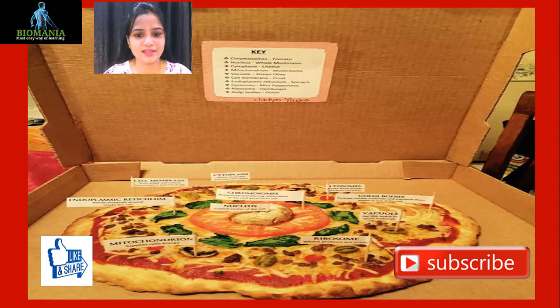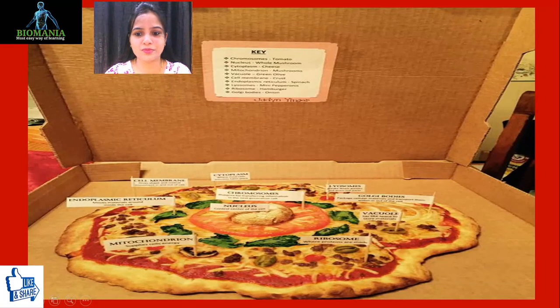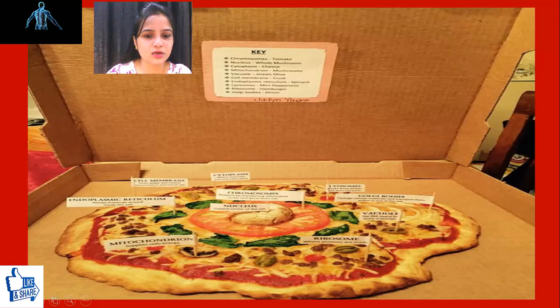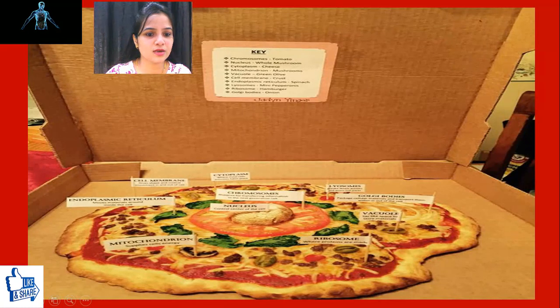You can see here that this is a pizza which is having a structure like cell. Here you can see a big mushroom piece just like nucleus, around it the tomato, and here is the mitochondria, that is also mushroom pieces. Vacuole is there, Golgi bodies, they have made onions like Golgi bodies, and small particles, I don't know what is that, but it is ribosome, and I think it contains all parts of the cells. You can say all the cell organelles they contain. Cytoplasm is also there, and they have made the cell membrane with the pizza sauce.